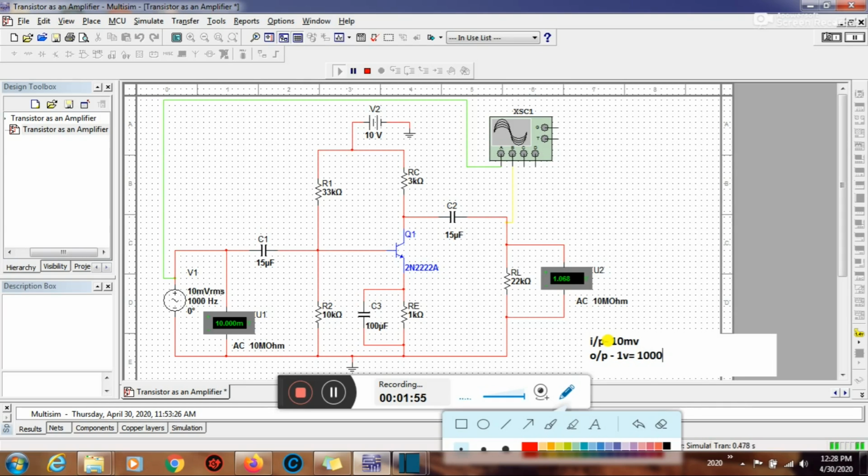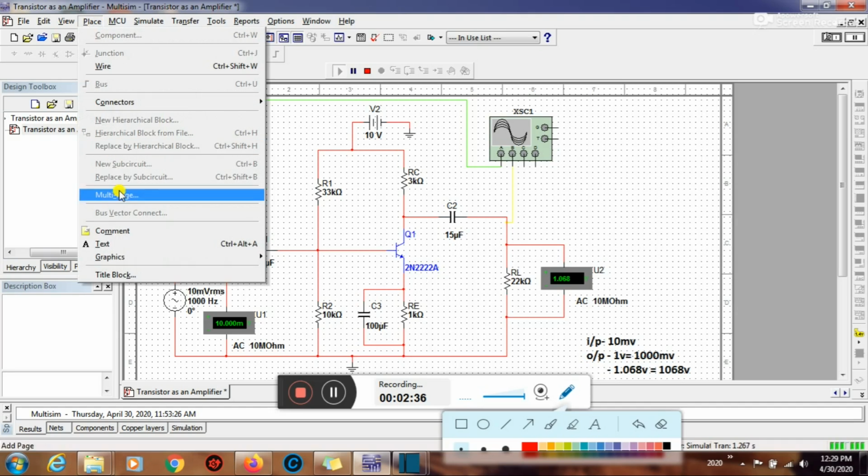So if you convert the volt into millivolt, the output is 1000 millivolt. For the exact match, your output voltage is 1.068 volt, which is approximately 1068 millivolt. Clear? I hope you understand that your millivolt signal became a volt. This is the highest gain, because in the common emitter amplifier the gain is known as beta. The range of beta is 40 to 200, meaning the gain of the amplifier is larger in the case of the common emitter. So we have to find what is the gain of this transistor.